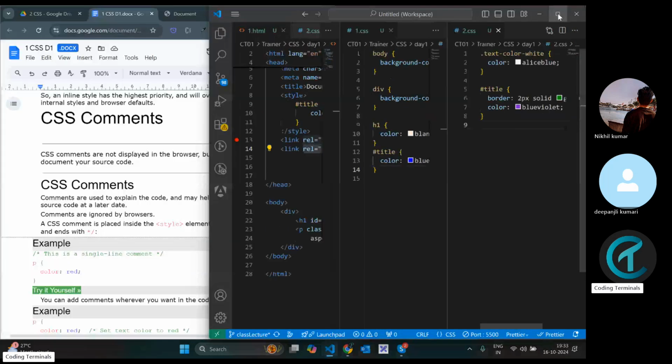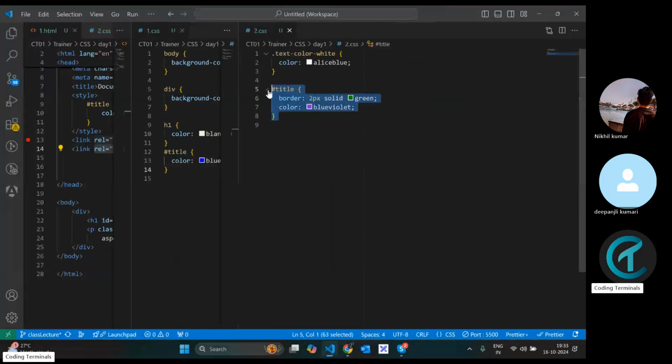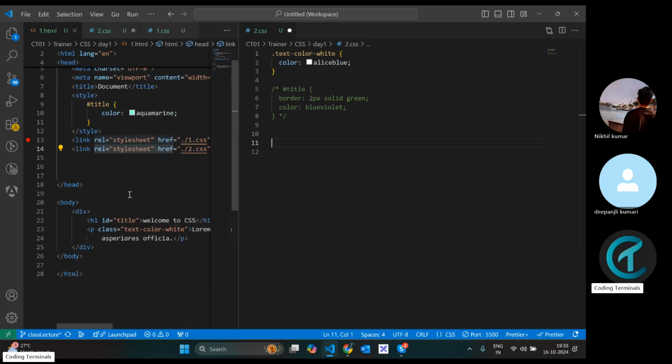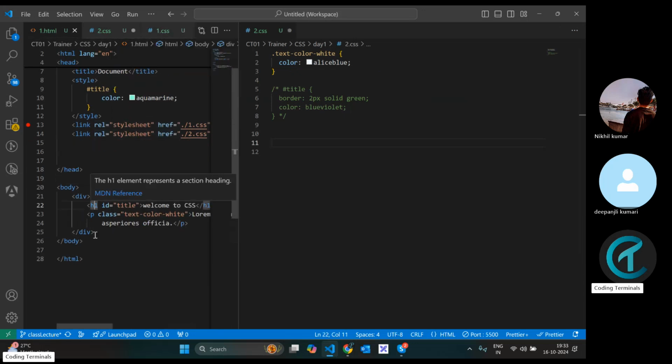तो सिंपल तरीका है, just control and slash as like HTML. But there is one difference. See, sometime in MCQ question, maybe you will get this question as well, that how to comment in HTML, how to comment in CSS, that point. So you have to take care. In HTML, the comment section is something different. Suppose I have to comment this. Let's see. Same comment option is same, control and slash, but the way of commenting